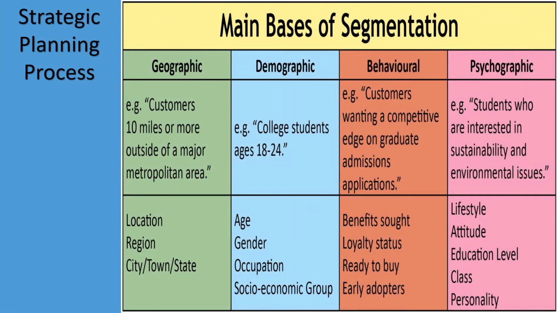So you do your market analysis, and after you've done your market analysis, you're then moving on to the marketing strategy. The marketing strategy has three different stages, which includes the segmentation, then the targeting, and then the positioning. So if you segment the market, you're saying to yourselves, how are we going to segment the market? Are we going to use geographic